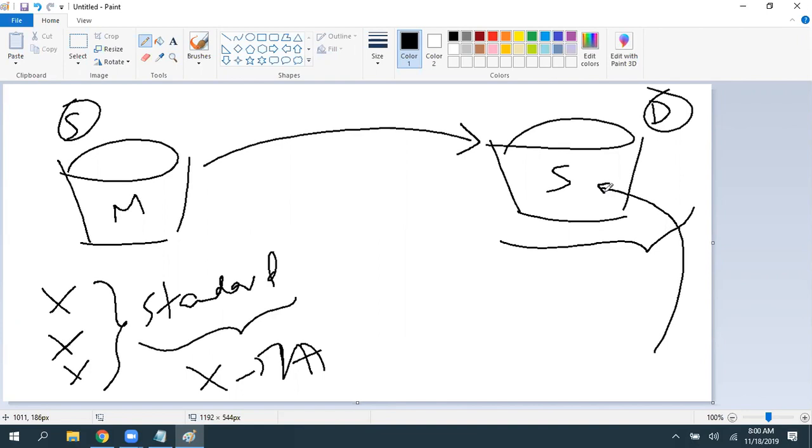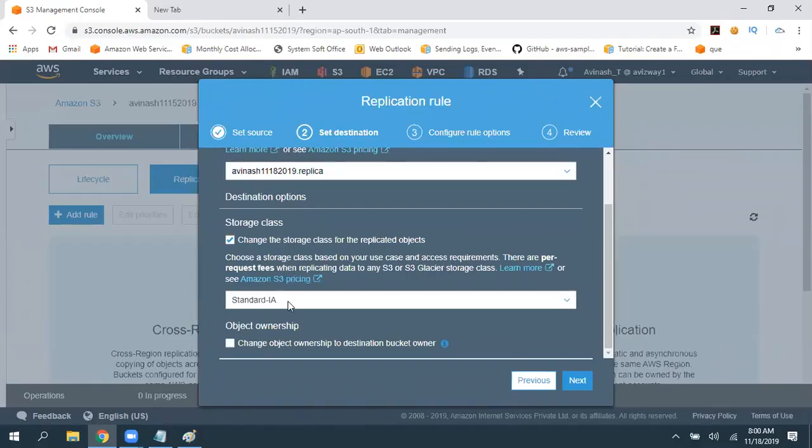But I can directly upload data to the Sydney region bucket, right? So will that data get infrequently accessed or standard? It gets standard. Only replicated data will get standard infrequently accessed. Regular uploads into the Sydney region bucket will get standard only. So select that option here.